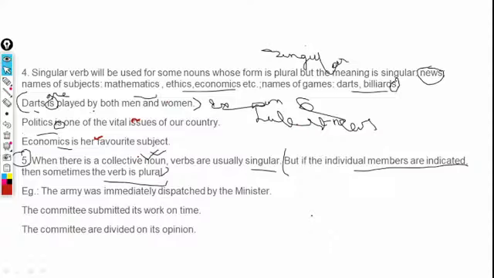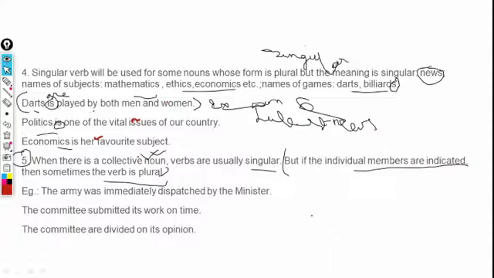This can be a very exceptional situation where you get a sentence like this, because then you have to go into the verbal meaning to understand that. The main trick of English grammar is you can't firstly memorize and mug up rules like that. You have to understand why it is happening. And the second thing is there is no universal rule for everything. There is also the verbal meaning and the situation where you are getting your question. If there is a sentence where the individual members are getting indicated, there will be a plural verb. The committee are divided on its opinion.